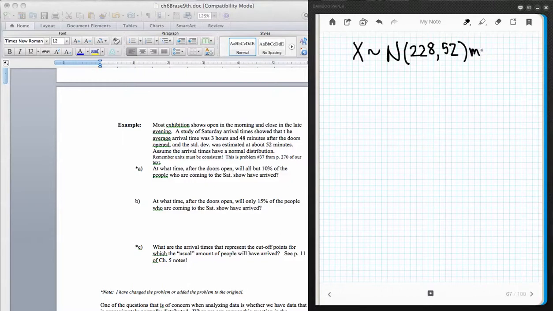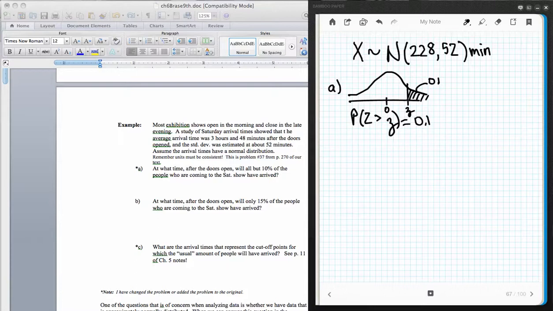Now I could have gone for those in hours, but 52 minutes in hours just doesn't make sense because it's a decimal, so I want minutes here. Now it says for part A, I want the distribution such that the arrival time over here puts all but 10% in there. So this is 10% on this side, and all but the 10% have arrived. So the probability that a z is greater than this z over here is going to give me